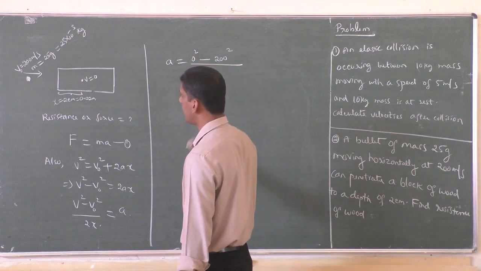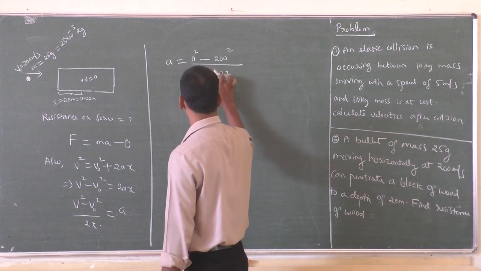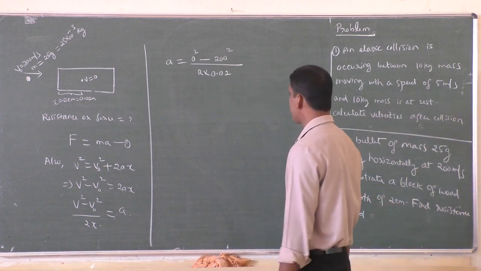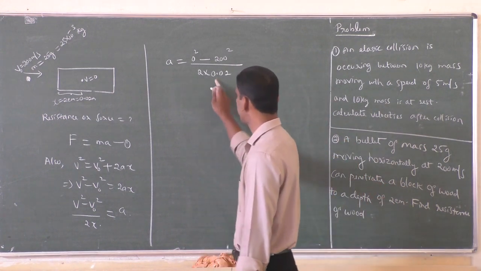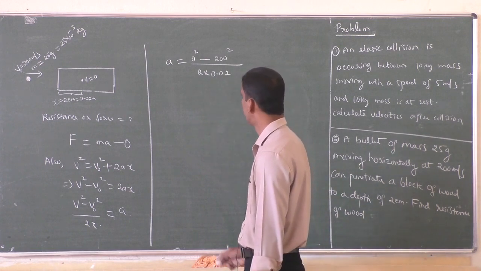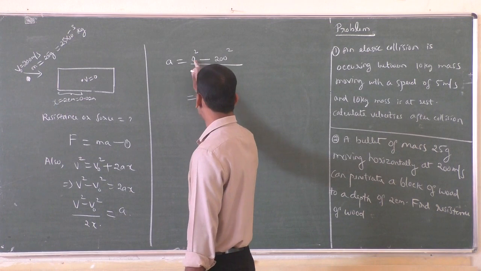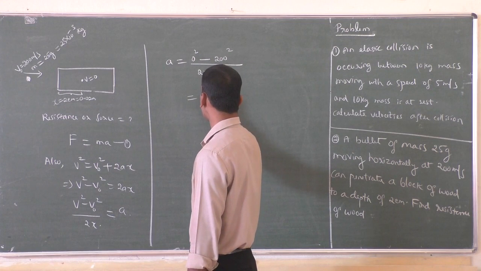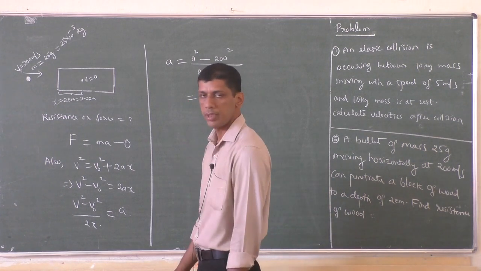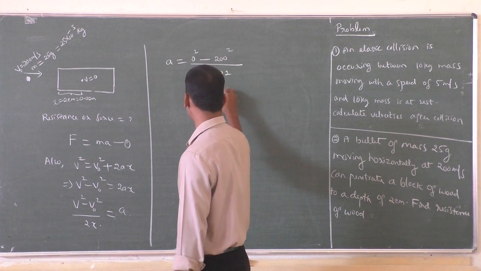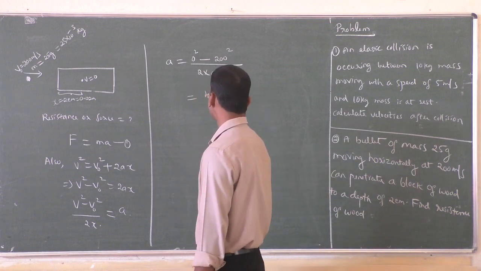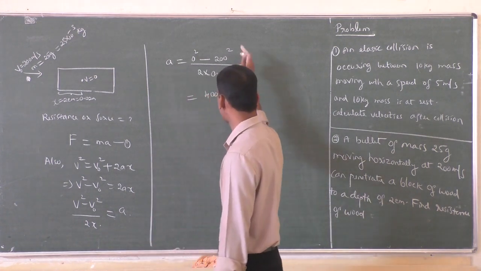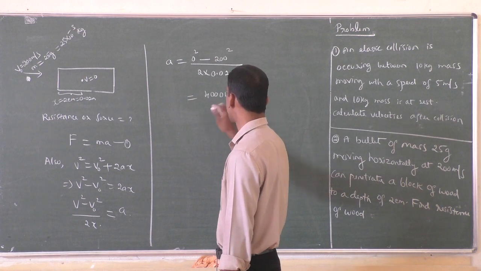What is x? Thickness is given, 0.02. It can penetrate through a distance, they have given. So 2 centimeter, 2 into 10 to the power minus 2, or we can write it as 0.02. We have to solve this one. This is 0, 200 square. So 200 square is 20 into 20, 400, but this one is 200 square, so we can write it as 40,000, divided by